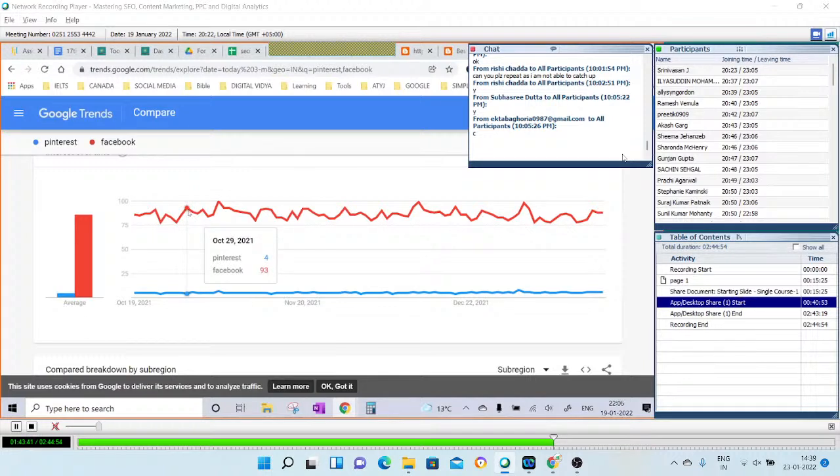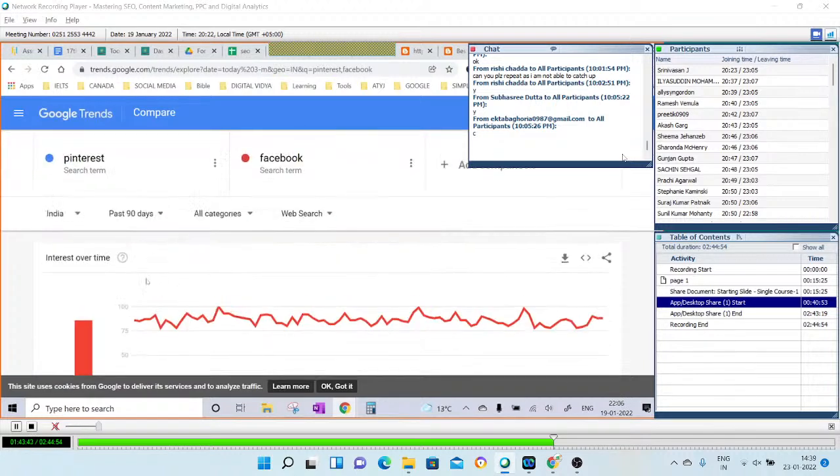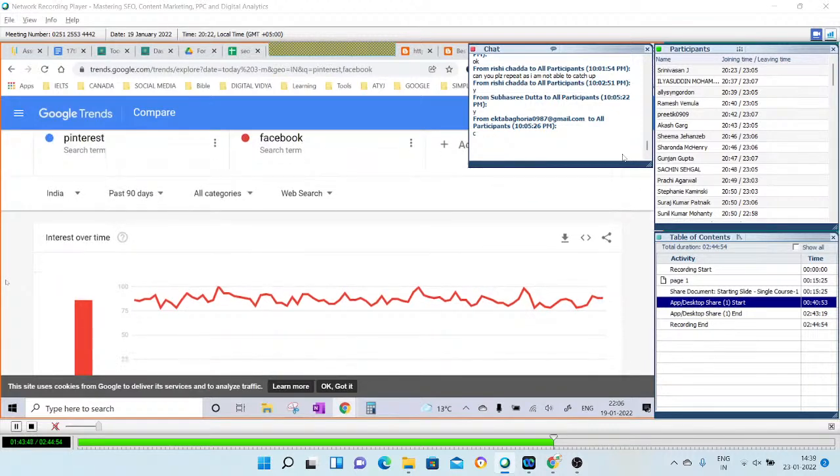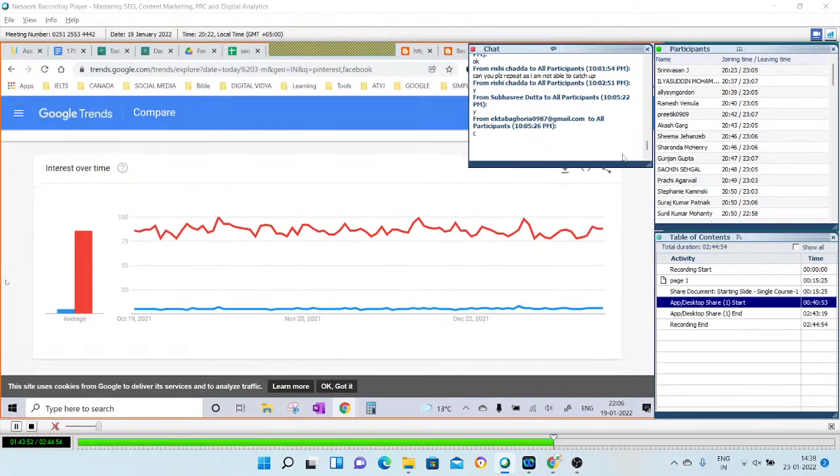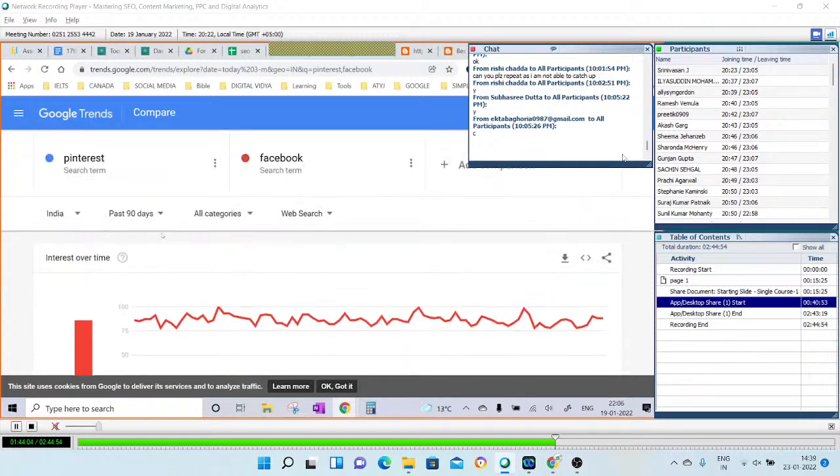So do you know the exact meaning of what this trend means now that I've shown you the comparison? You can just check for your own categories, your products, services, wherever you plan to write content, whatever you're planning to market and use in your social media or any of the contents. So you can always see the past trend.